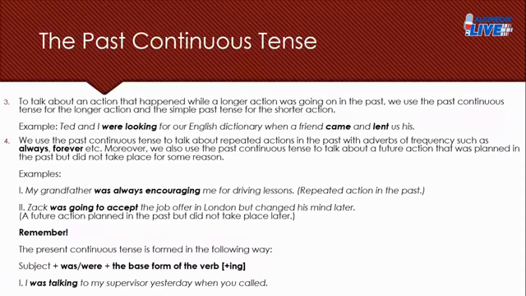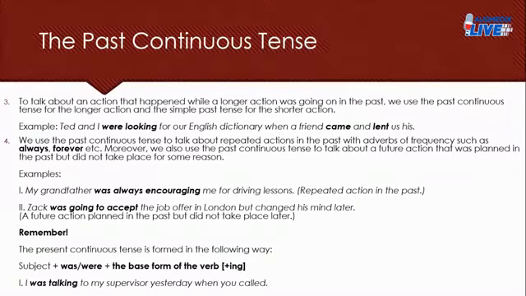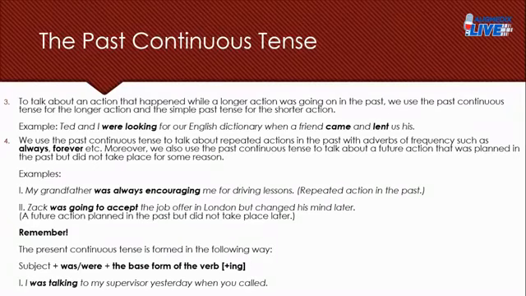All right, so you want to talk about something that used to happen in the past and that used to happen frequently, that would happen often, right? So when you want to talk of something like that, we use certain adverbs of frequency, such as always, forever, to express that that particular action used to take place repetitively, right? Repetitively.